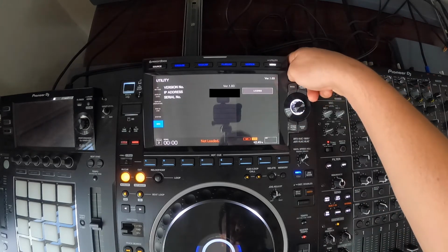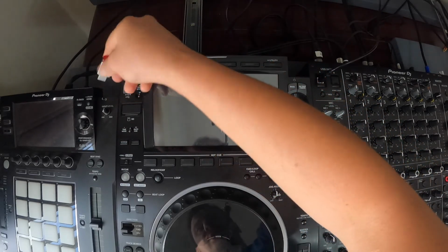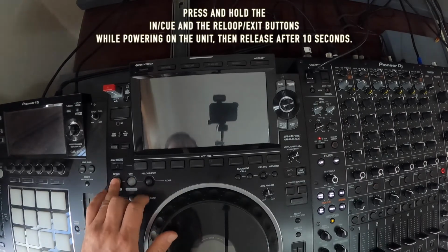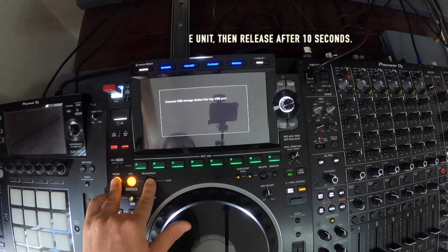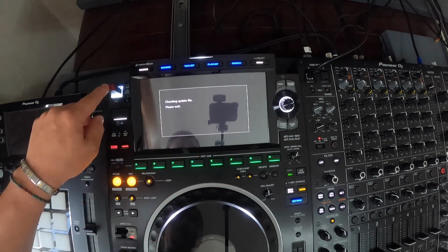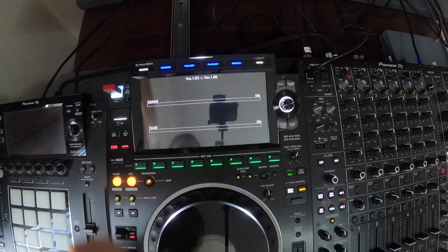What we're going to do is switch off the unit itself, take your USB thumb drive, open the USB port, insert the actual USB thumb drive itself. At the same time, we're going to hold the Q button, the RELOOP and exit button, and switch on the unit itself. As you can see, it's checking the update file. It did ask me if I needed to insert the USB thumb drive. I already did. The moment I let go of the two buttons, it started checking the update,